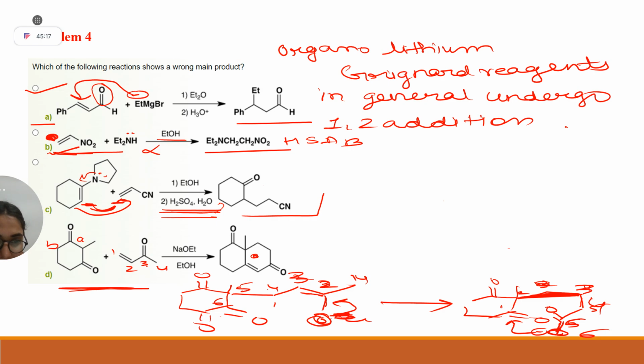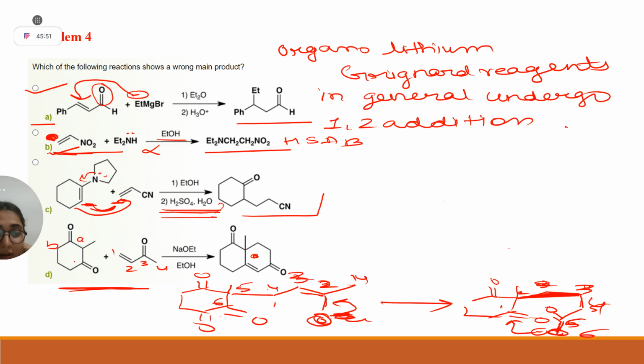But if I ask you, among this carbonyl and this carbonyl, which is more electron deficient, I will not say. But if you abstract a proton from this side, you will get a cross enolate. It will not be in conjugation, correct? Yes, ma'am. What you are saying can be a product, but that will be minor only.